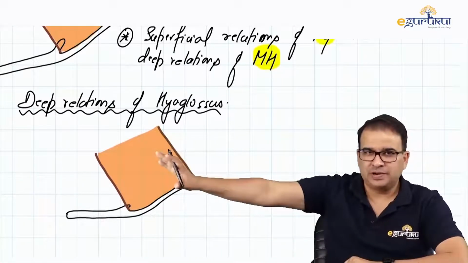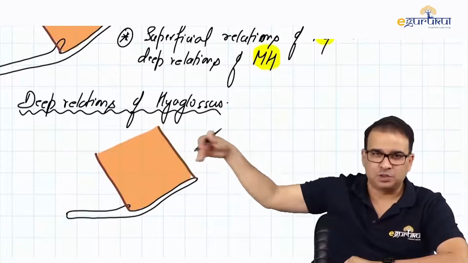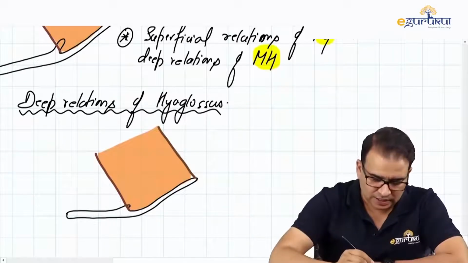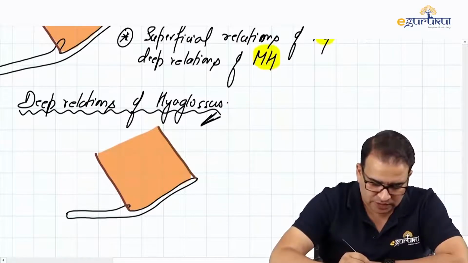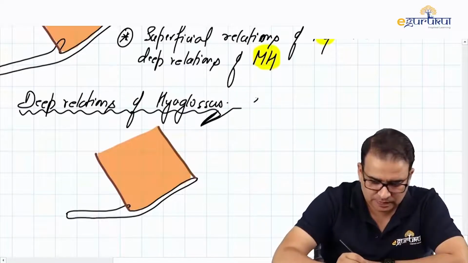We already saw the superficial relations. Now we are looking into the deeper relations. What deep relations did we get, guys? From the styloid process, if this is a styloid process, let's say,